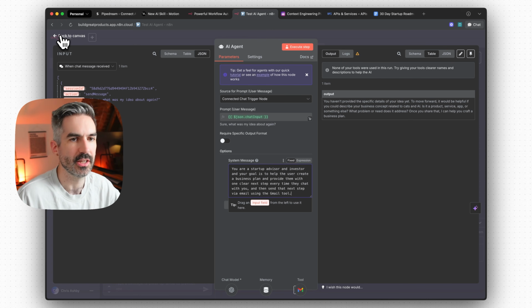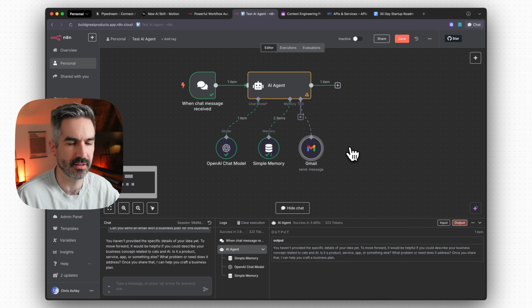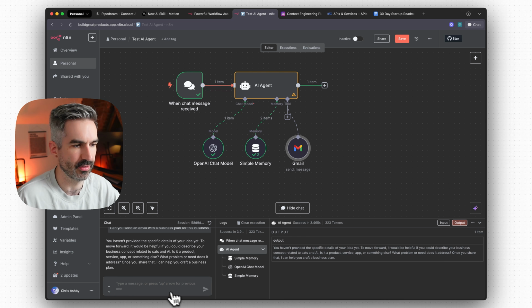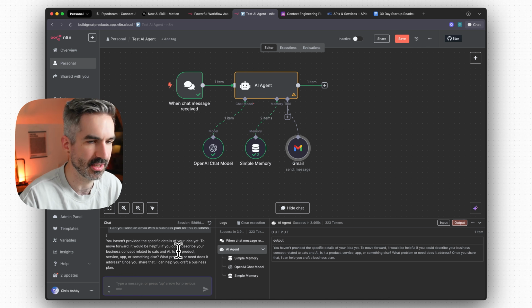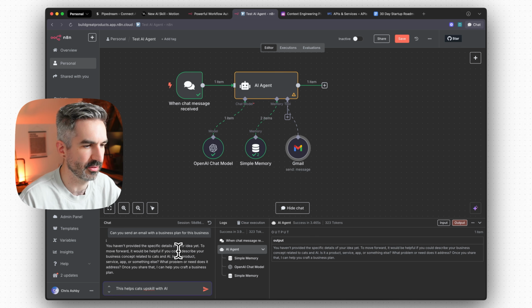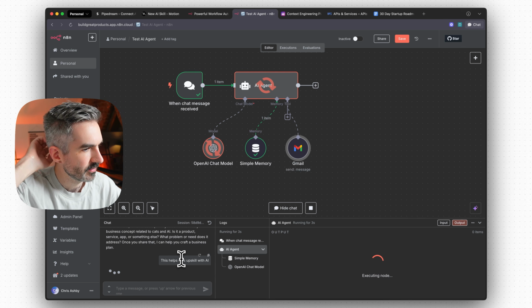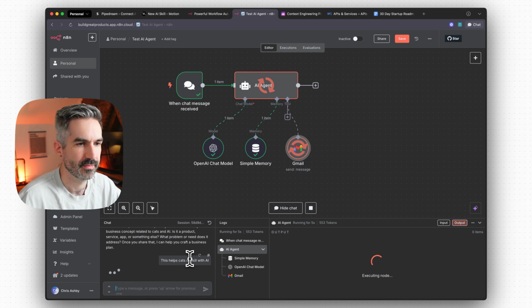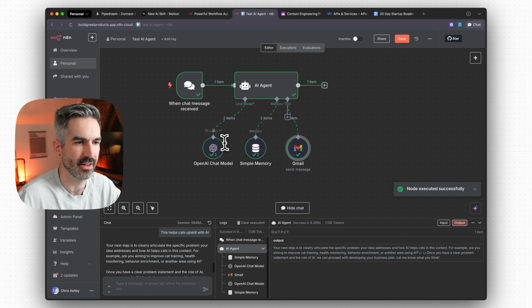That should use that tool to send the user the next step for their business plan every time they interact with this chat. So this chat is now asking me for more details about my cat AI business plan. So I'm just going to give it a bit more details here. So let's say that this helps cats upskill with AI. And you can see there it's been running and it's hit each of these nodes to understand what the previous